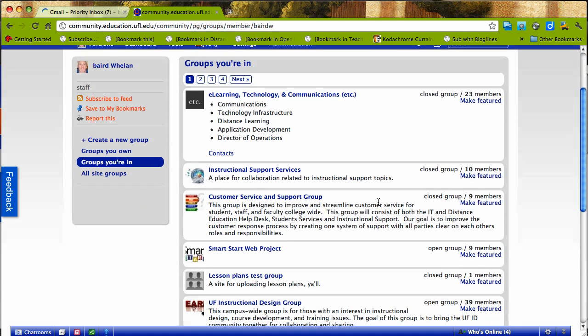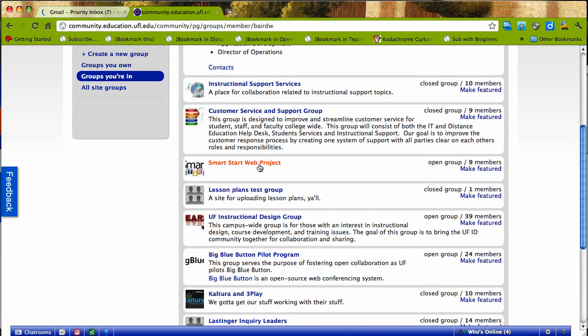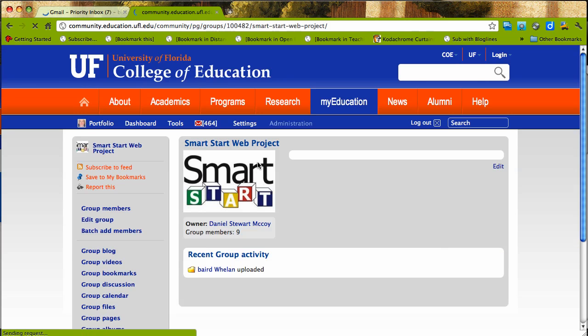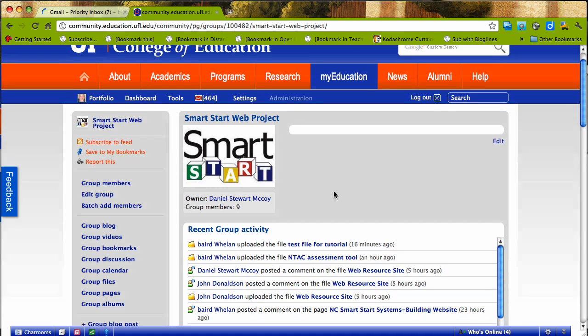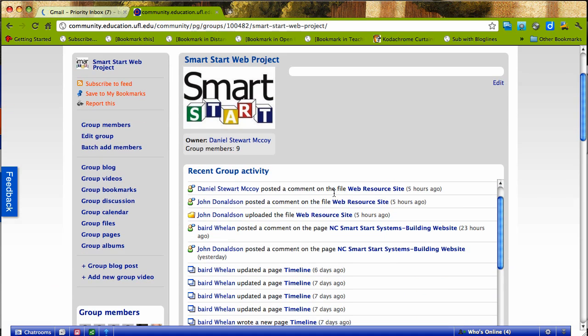I have a laundry list of them. But right here is the Smart Start web project. Go ahead and click on that, and then that'll take you to the group page. So now we're in the group page, and we want to try a couple different things. So I'm going to initially upload a file. So I'm going to go to Group Files,